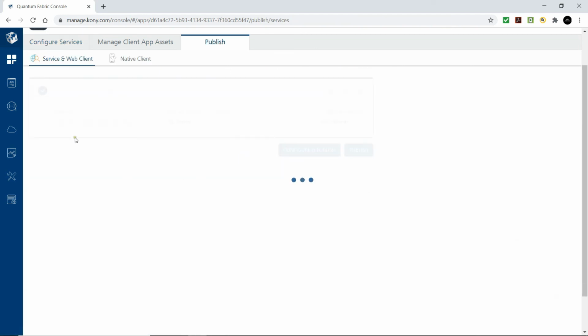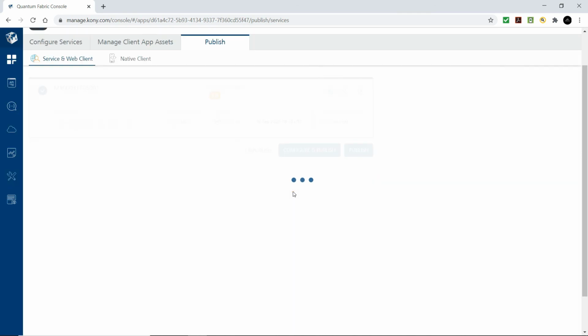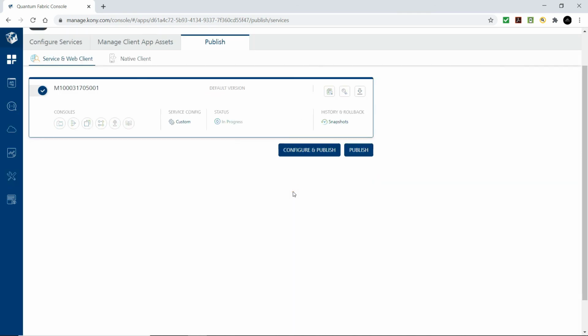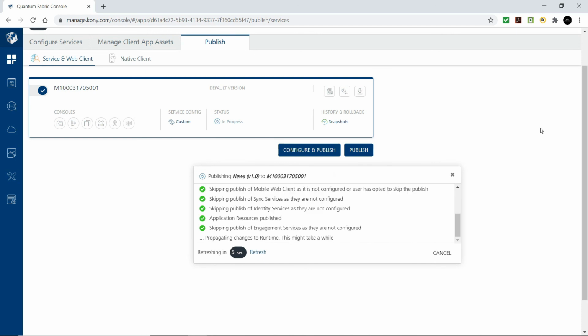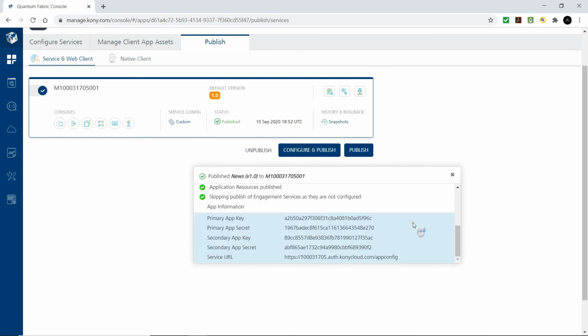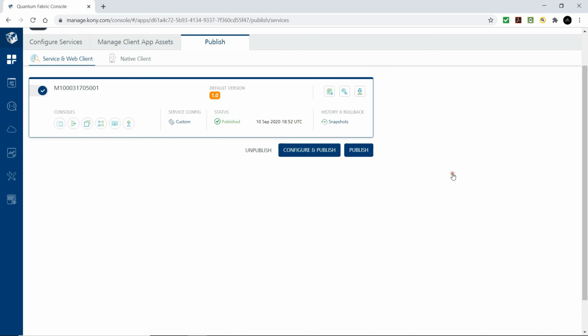Let's publish this application. The application got published now.